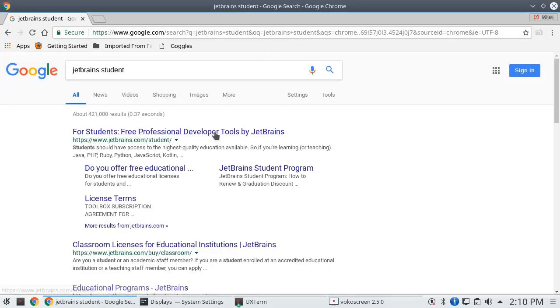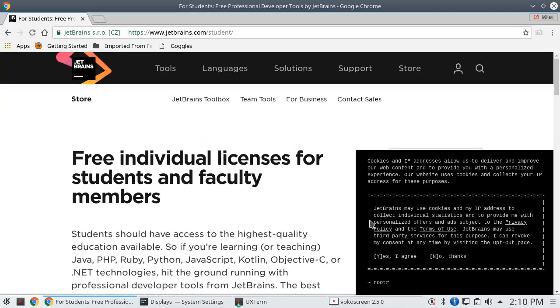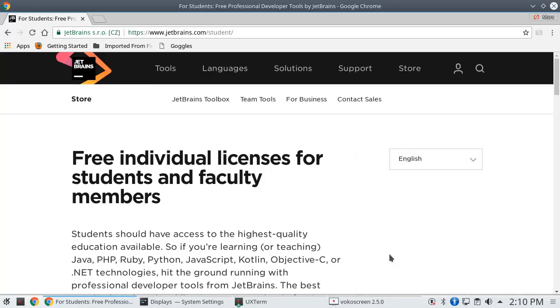And the first link here is for students, free professional developer tools. And I agree. So they have a really good deal. They sell a lot of commercial products and they're fairly expensive. But anyone with a pcc.edu email address can get a 1-year license to all of their products, and they have many of them, for free. And it's renewable for as long as you have a pcc.edu email address,